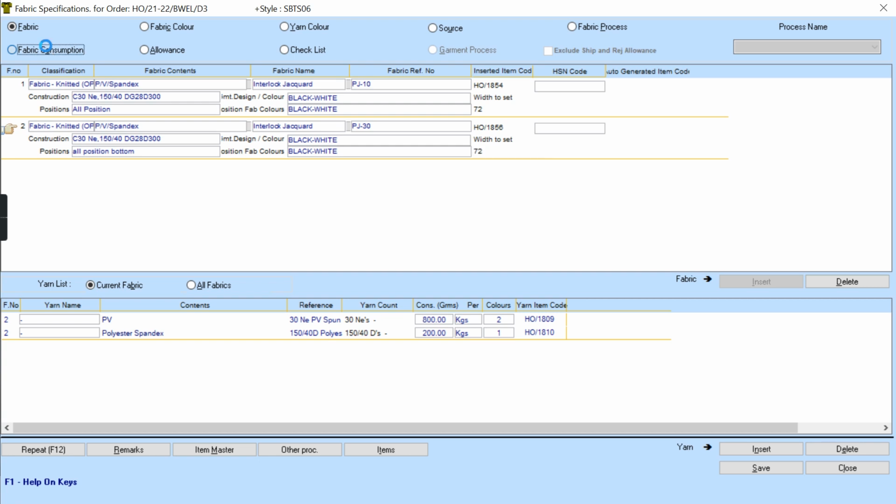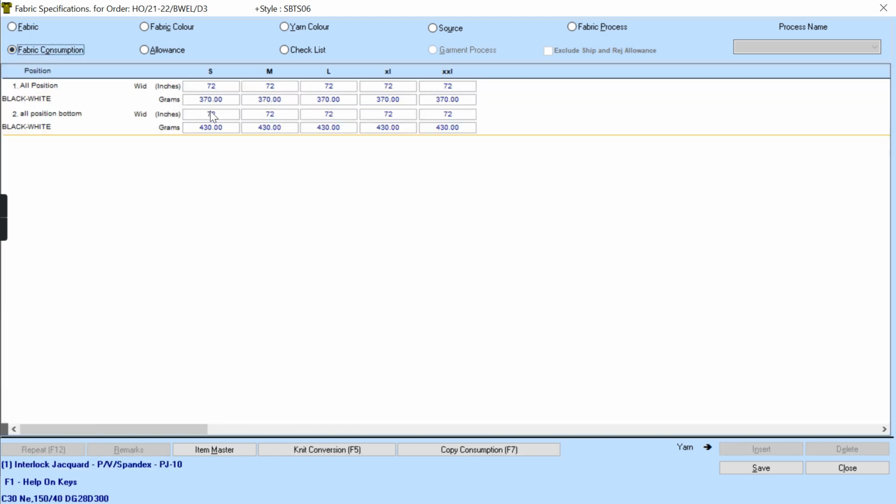Okay, and they will give the consumption, fabric consumption per garment. Okay, based on this consumption and the quantity entered in the order module, system will calculate total quantity required in kgs of that particular fabric.